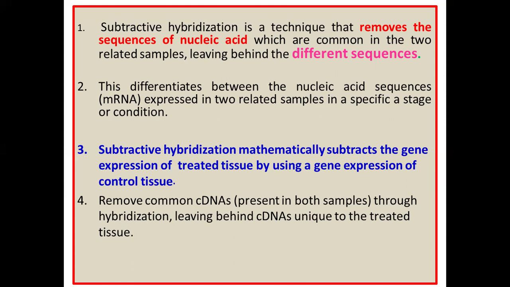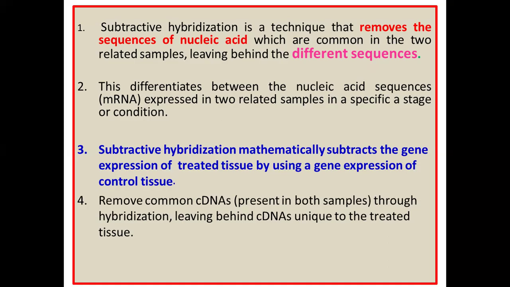And by using the cDNA or mRNA from the control condition, you can remove the genes which are responsible for normal function in a tested condition, so that you will have a gene set which is very specific to the tested or treated condition. I think when you go through the next slide, when I explain with the examples, you will understand the theme of